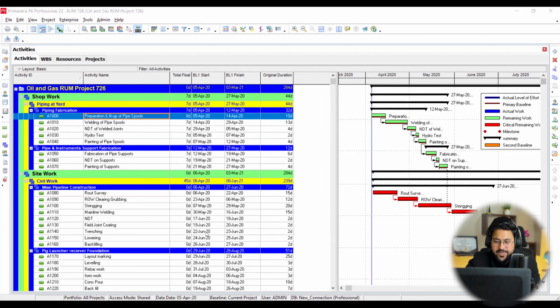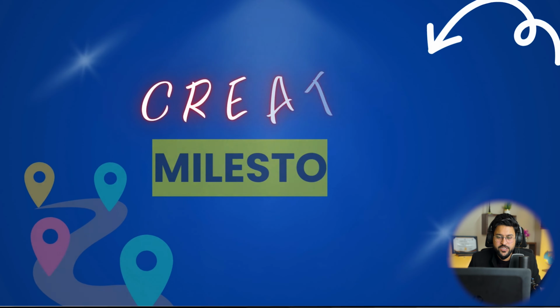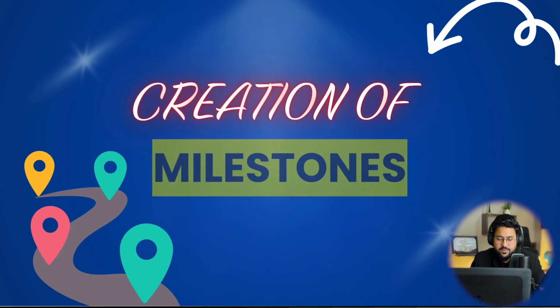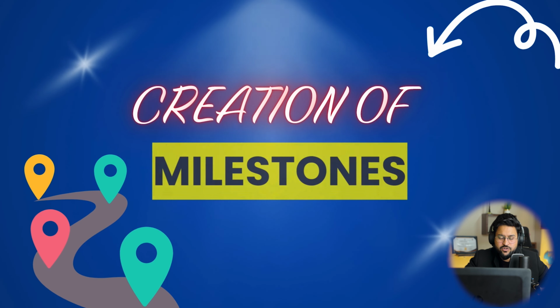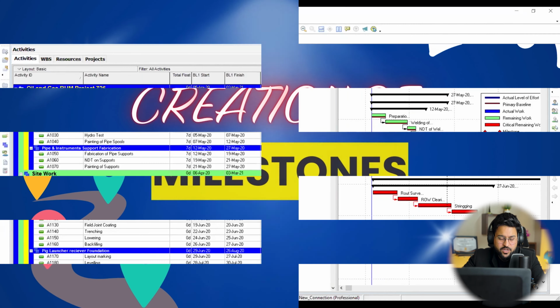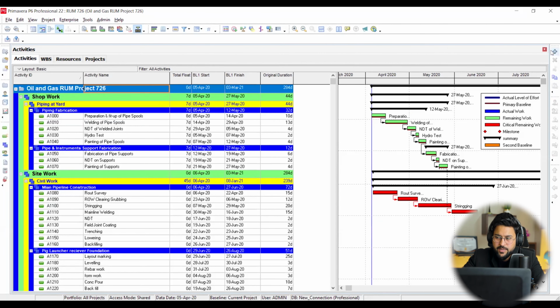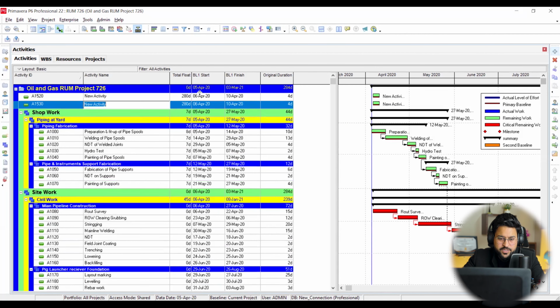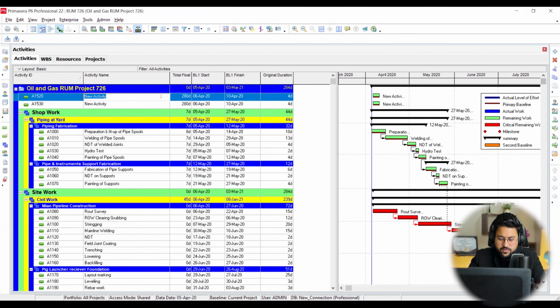So now the second step is to create my milestones: contractual milestones, my project start milestone, my project finish milestone, my designing, my fabrication. It depends on my contract and client preference how they mention their milestones in my project contract. So right now, to create my milestones on top of the WBS of my project, I'm going to add two activities: project start milestone, project